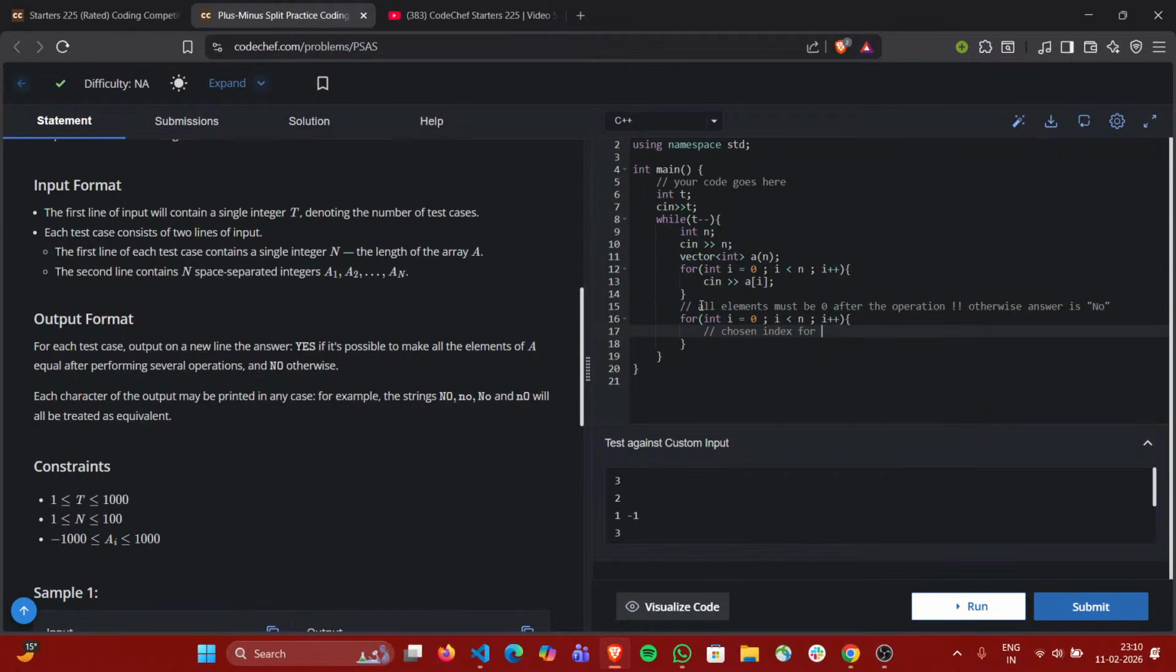Here the index for the operation is I. Because there will be only one operation if the answer has to exist. And after that one operation, all the elements must turn into zero, right? So if I apply the operation